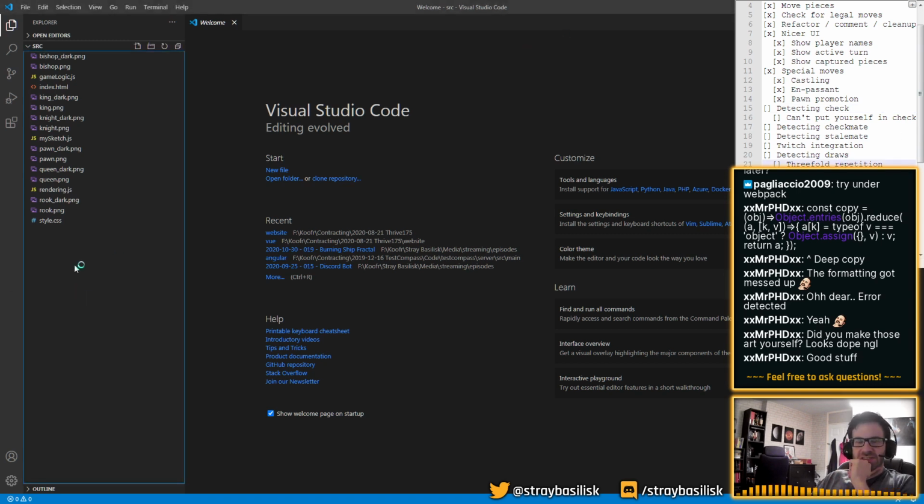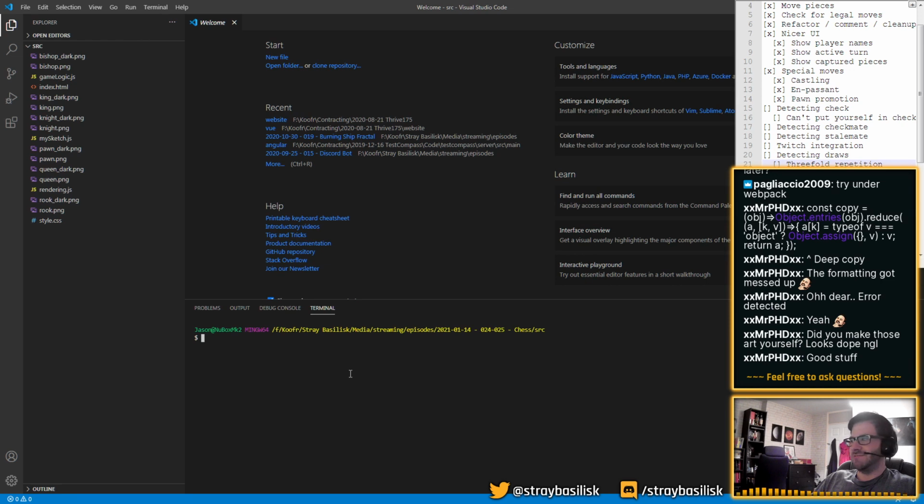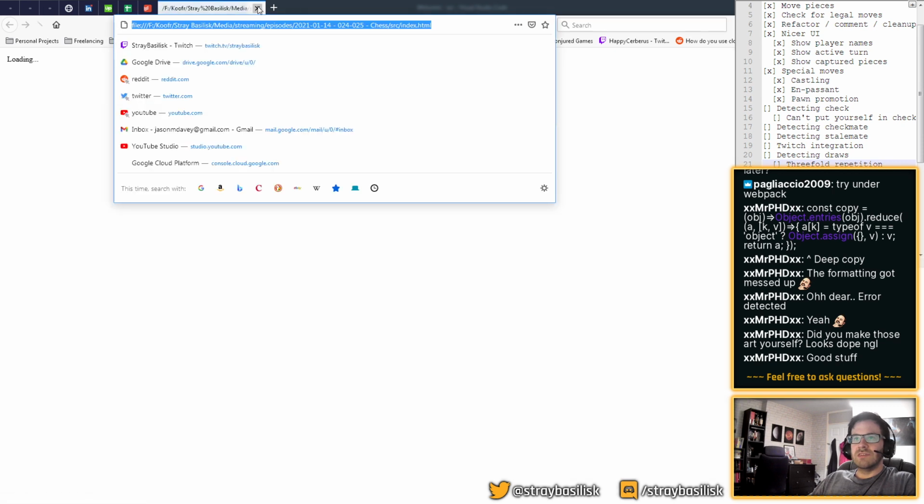If anyone's a JavaScript person, what's the best way for me to turn this into a project where I can serve this and set up npm? I have only ever done that in the context of an Angular or Vue project, where I've just used the template. If I just want to create something to serve and do hot reloads, is there a super quick way to do that? I mean, right now I can at least just open this in my browser and refresh it, which wouldn't be the end of the world, to be honest. Not that browser, please.